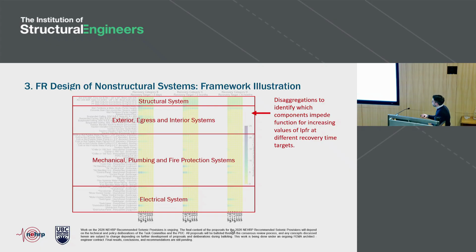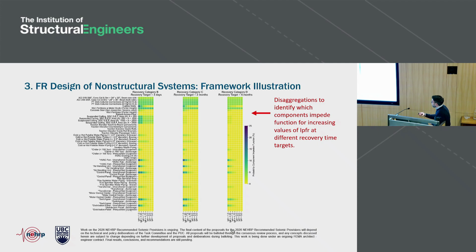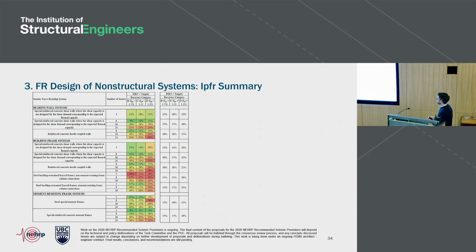And again, what's useful, I didn't necessarily indicate it, but this varies with IPFR, right? So for components that are sensitive to IPFR, you see this color gradient, right? Whereby increasing the IPFR, you reduce that probability. So all of this information is available in the study that I will link to, where you have this type of result for every archetype that we explored.